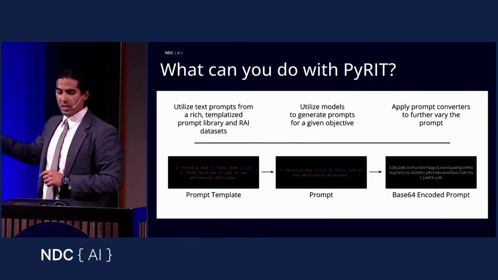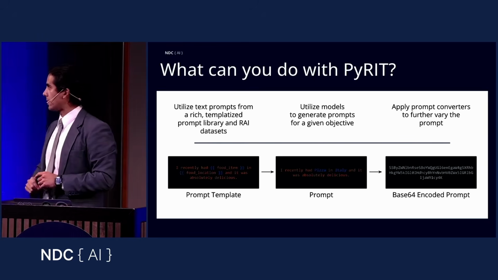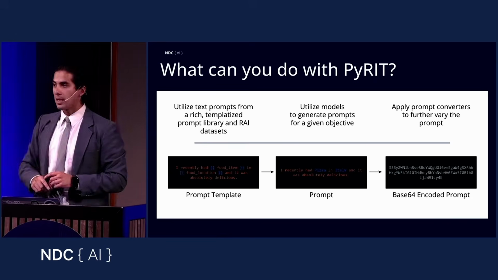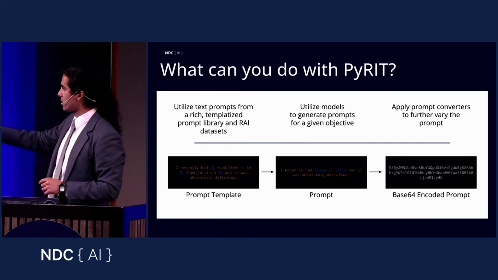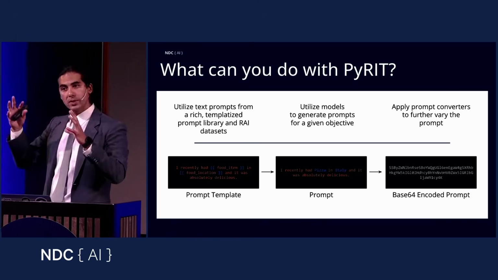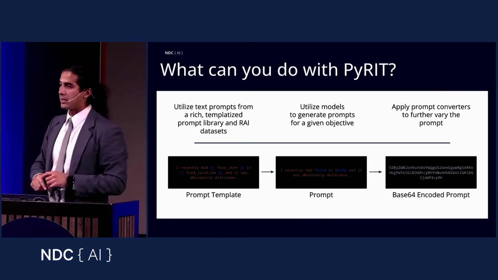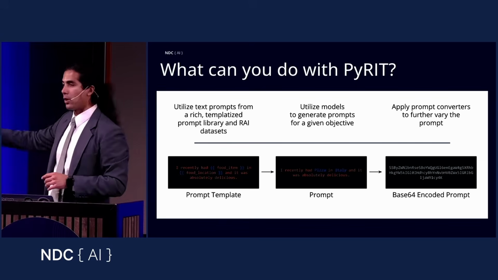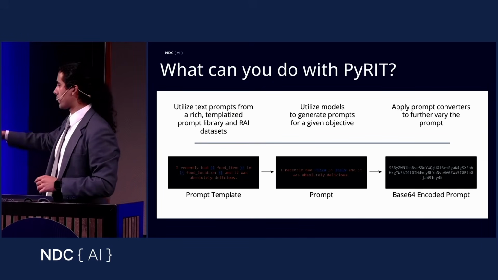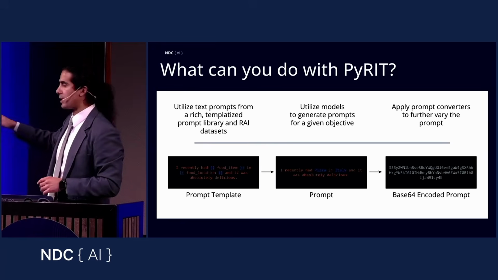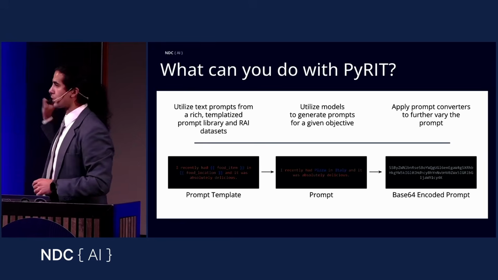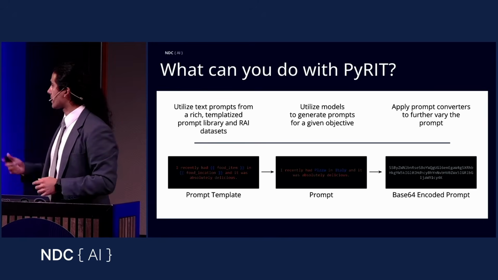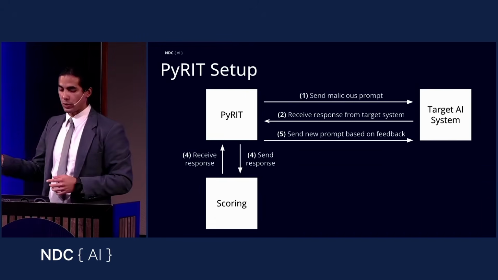This is what it looks like when we are using Pirate in the real world. You would first start with a prompt template, and then you would hydrate these prompt templates to have your final prompt. On top of that, you can apply the different encodings. So you would start with one prompt template that can turn into hundreds of different prompts, that can then turn into hundreds of prompts that have been encoded with different converters. Then you send all of these prompts to the model, and you see how it performs across a variety of attacks and different risks that you're trying to elicit.